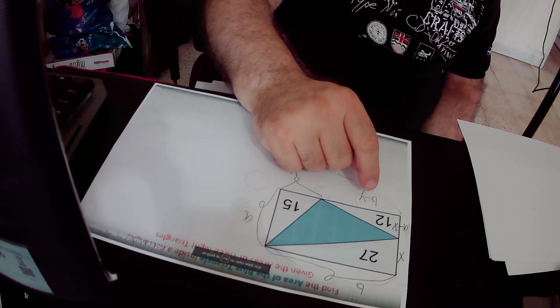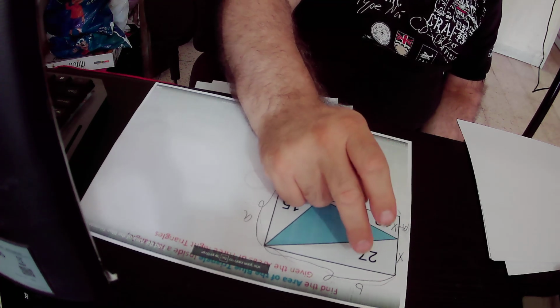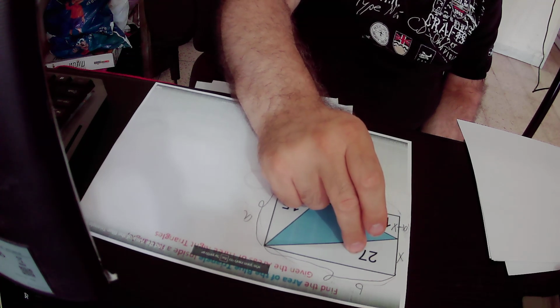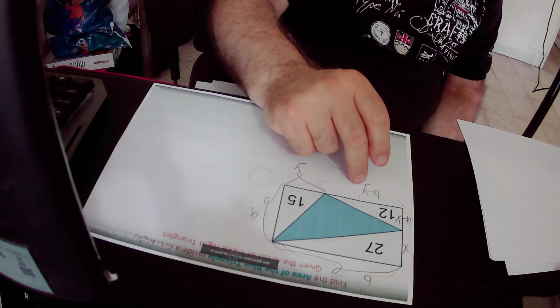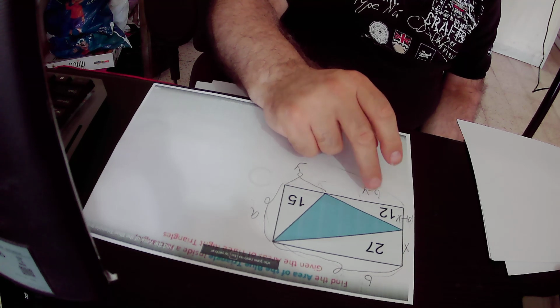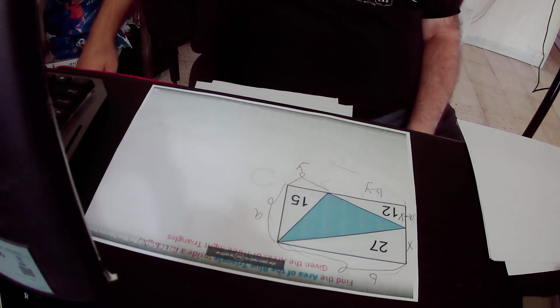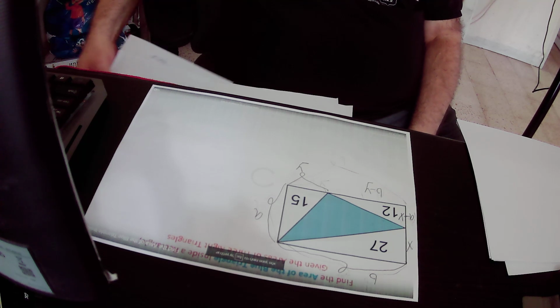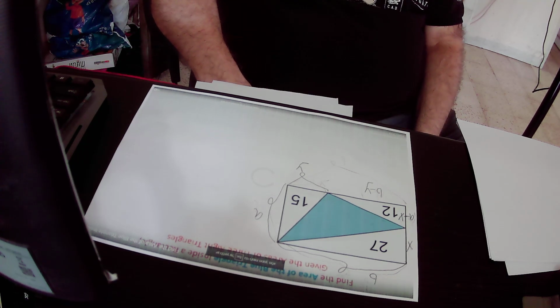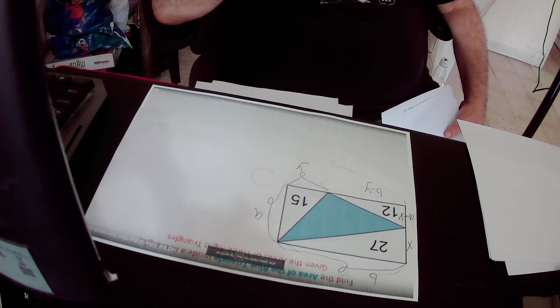The same thing for this triangle. The base times the height divided by 2, so b times 6 divided by 2 is 27. And the same thing here. The base times the height divided by 2 equals 12. So (b minus y) times (a minus x) divided by 2 equals 12 units. Then we took x and y out of their equations,